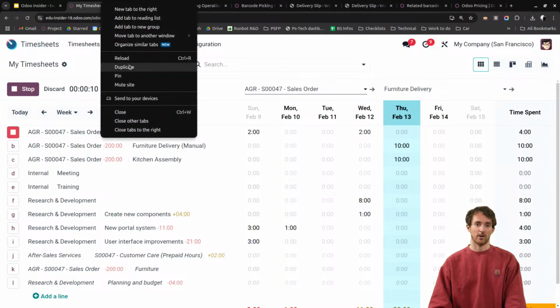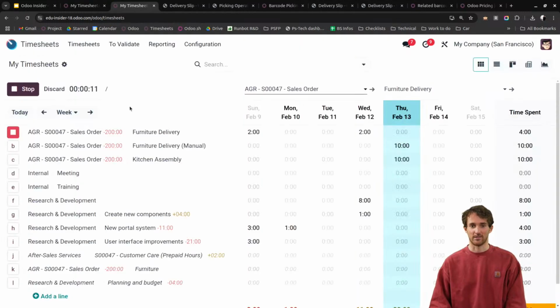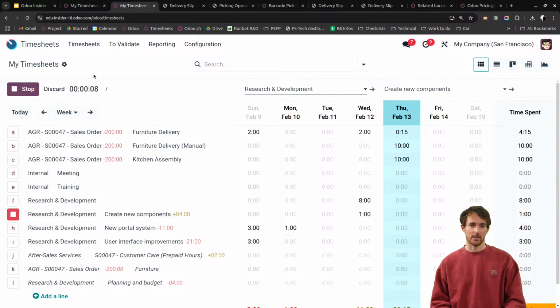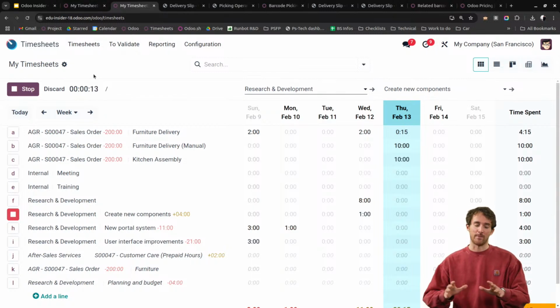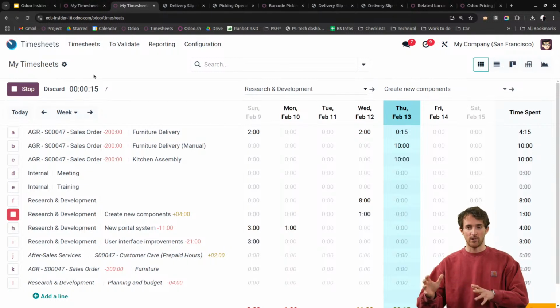So here what you could try is to duplicate the page, for example, and take a look. Indeed, here we see that the timer is still ongoing. And if I type on something else, you see that it's going to remove what is going at the same time here. So I would say no, then by default. And I think that's because of the logic, as I said, that you can only work on one task at the same moment, even if you could, I understand the idea that you could be working on two different tasks, but in Odoo, there's nothing that is, let's say,